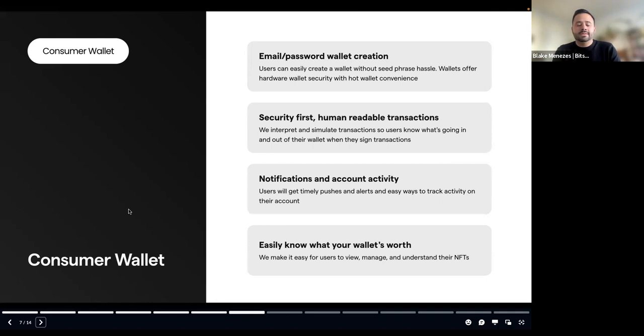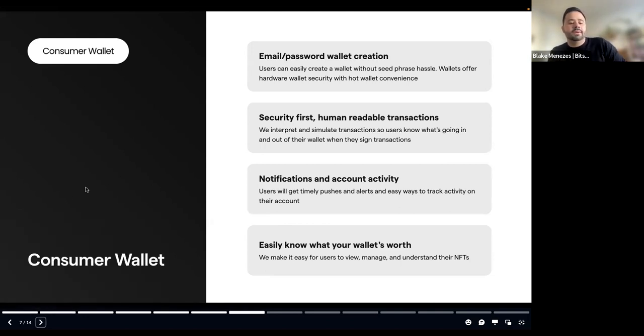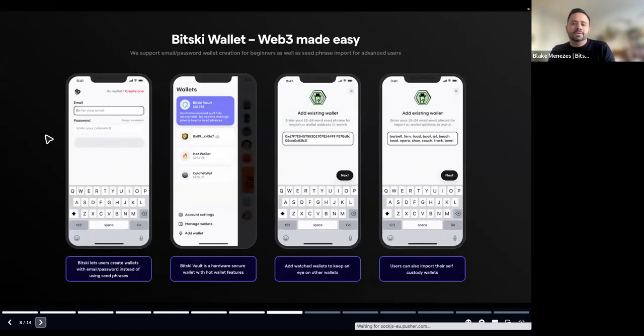Today I'm going to talk about Bitski a little bit. It's really meant to be an easy, simple on-ramp so that you're not having to keep track of seed phrases or worry about that level of self-custody, as Heather was talking about. If you do want to do that, we have some things coming soon in that space. As you set up your wallet, you'll see the initial onboarding on-ramp. You'll be able to use your email and password or create an account if you don't have one. One thing I've included in this slide, because it's rolling out very soon, is the ability to bring in your self-custodied wallet as well. Those seed phrases, I promise, do not go to any kind of wallet, although they might in the future.